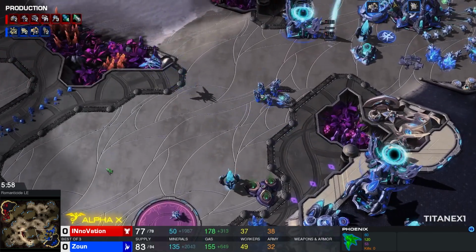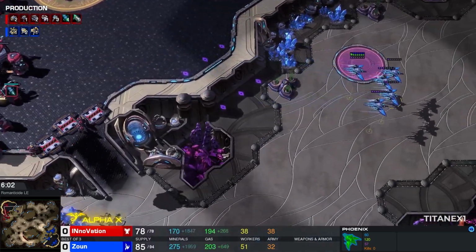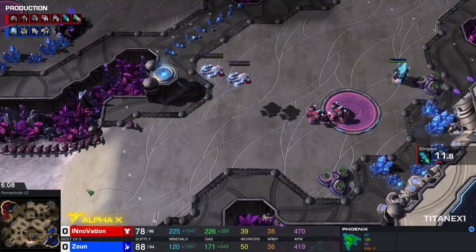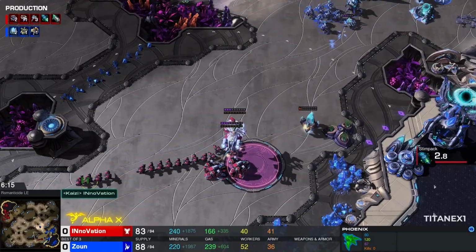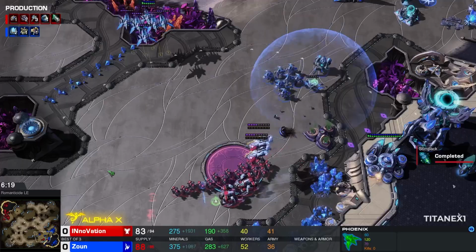He has a couple of Adepts. The Phoenixes are actually across the map. This might actually get a little bit scary here for our blue Protoss. Yeah, I'm definitely agreeing with you on this one, because these two Cyclones and that long line of Marines can definitely do a lot of damage as Stim is just about to finish. Innovation hitting with pretty much a perfect Stim timing,